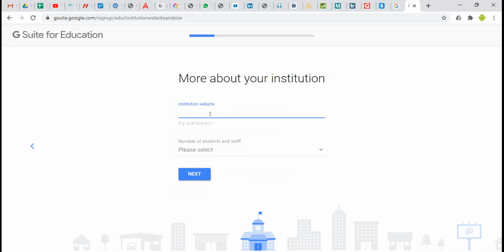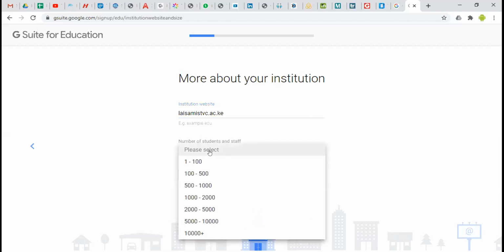You give the website. So this is where now you will get captive, if you don't have a site that is ending with .ac.ke. So let's just say Lysamis tvc.ac.ke. How many students and staff?